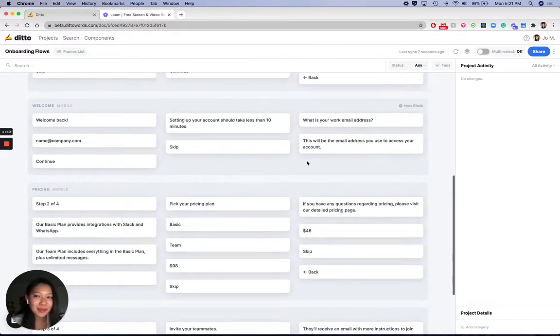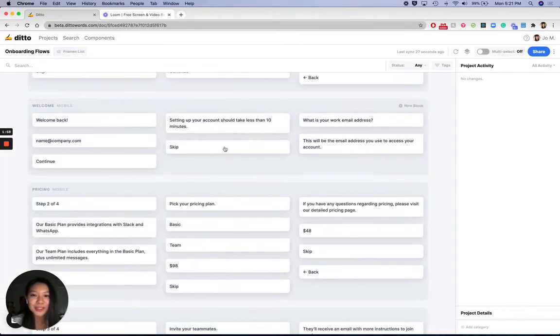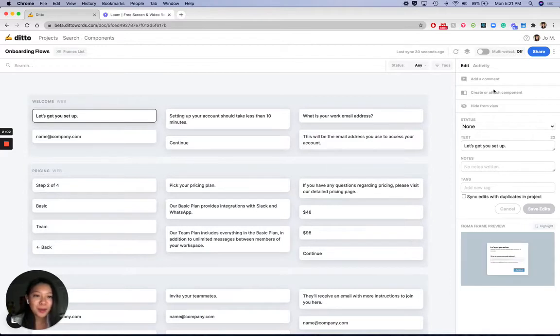And you can get a high-level overview of that by clicking on this frames list button and toggling by the pages that you've imported as well as the frames here. So I'll close that, and then I'll select a piece of text to open up this edit panel on the